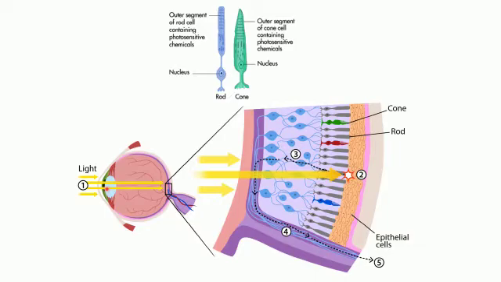Now the retina has approximately 120 million rod cells and 6 million cone cells. There are three types of cone cells: those which can sense red color, those which can sense green color, and the ones which can sense blue color. So here this area has been highlighted and the internal structure has been shown. You can see the rod cells are there and the cone cells have also been shown.